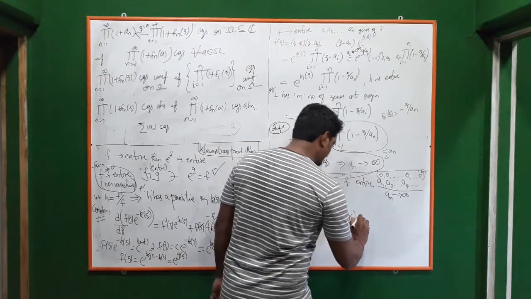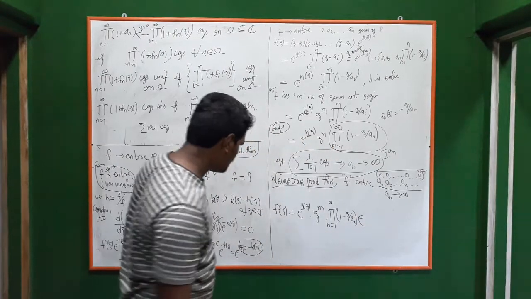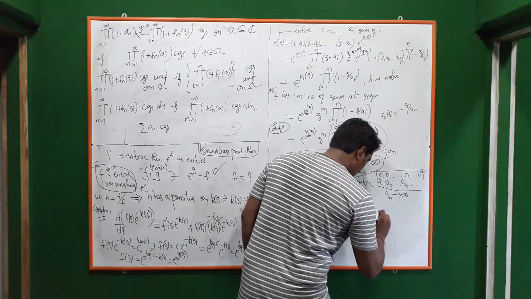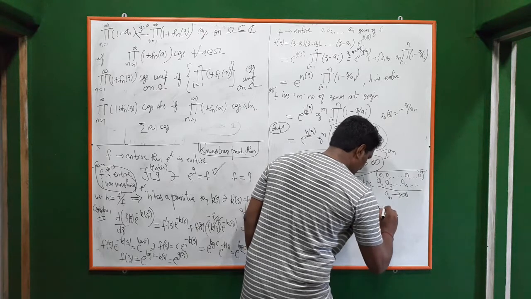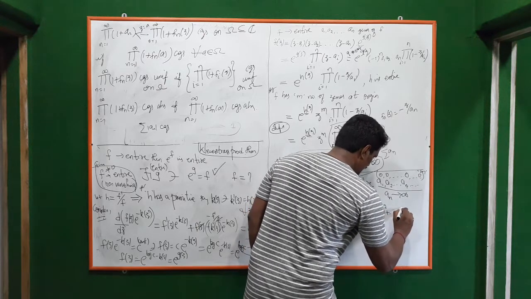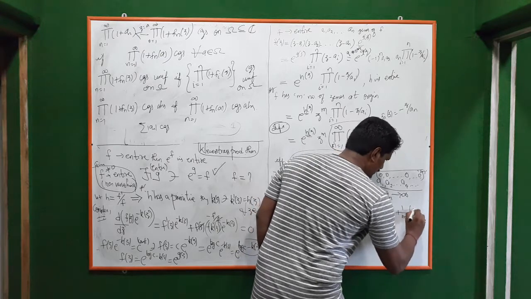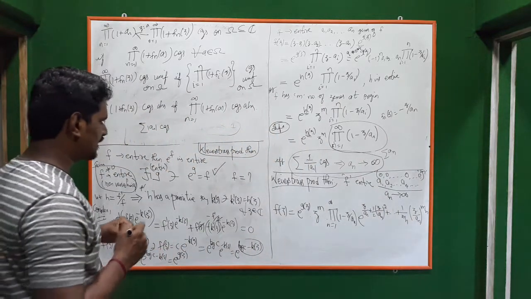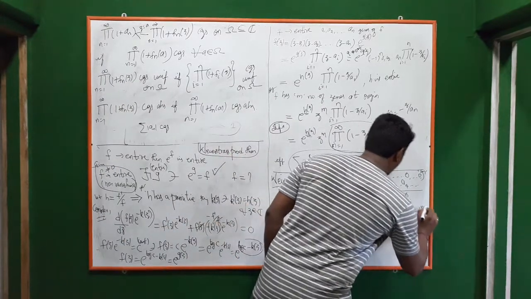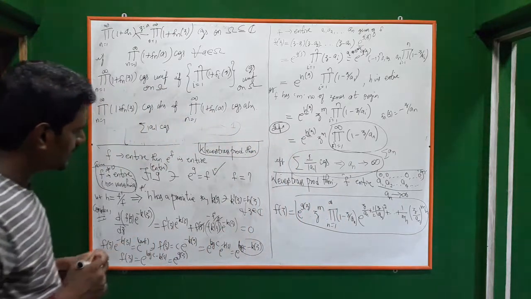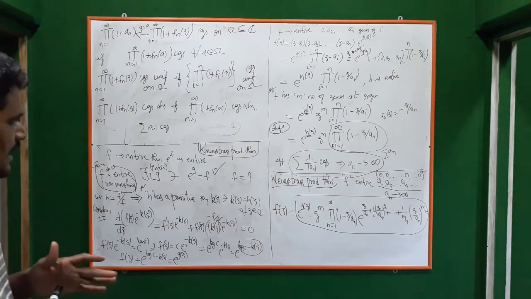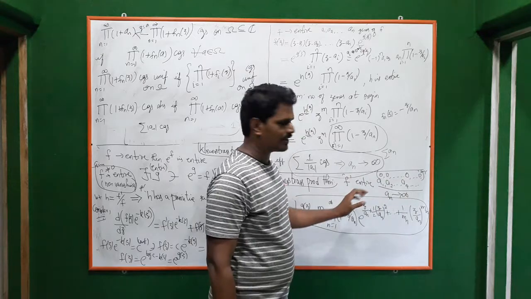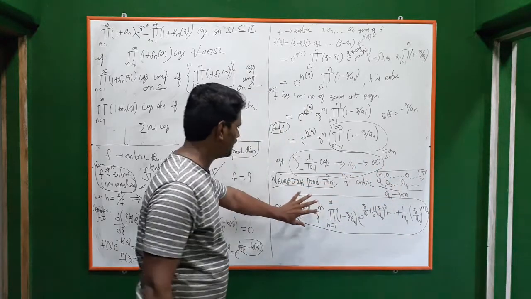Some extra term is there, that is e power z by a_n plus 1 by 2 (z by a_n) to the power 2, plus and so on, up to 1 by m_n (z by a_n) to the power m_n. So this is the representation for such an entire function. Any entire function with the a_i's as zeros and some finite number of zeros at the origin can be written like this.